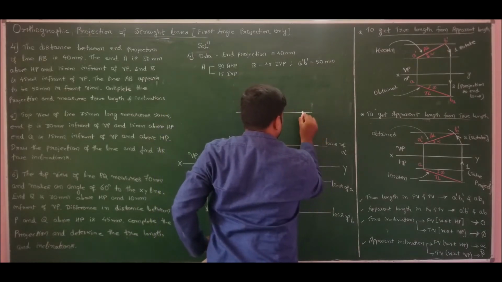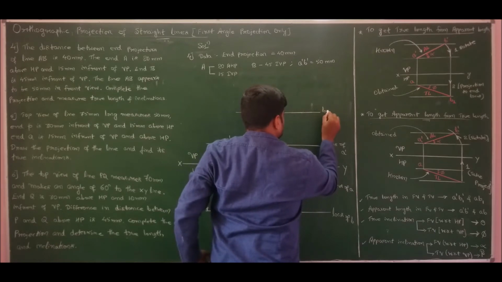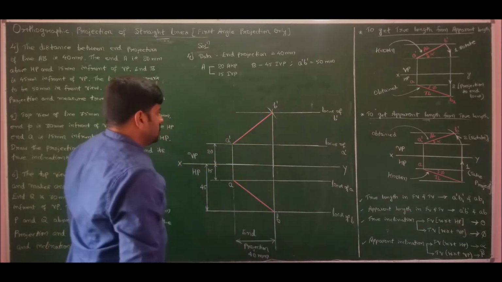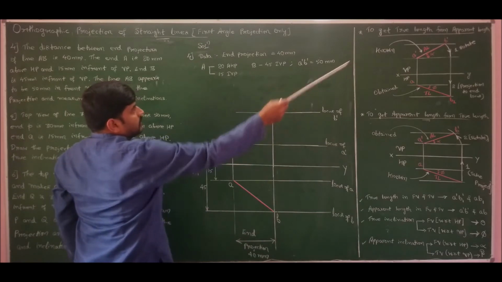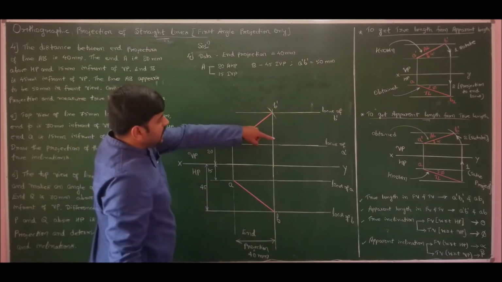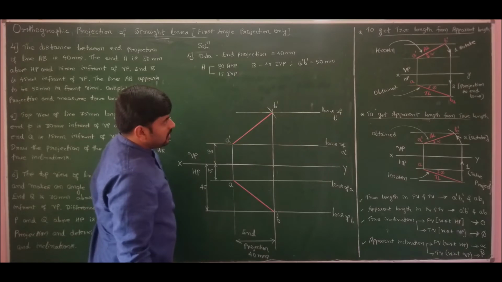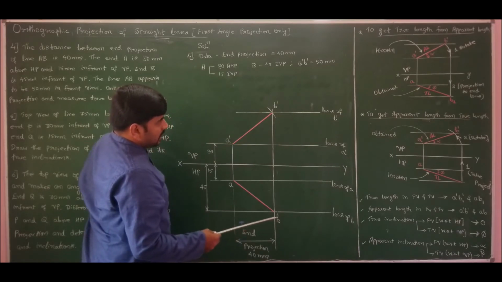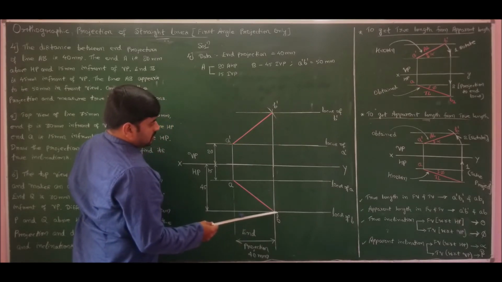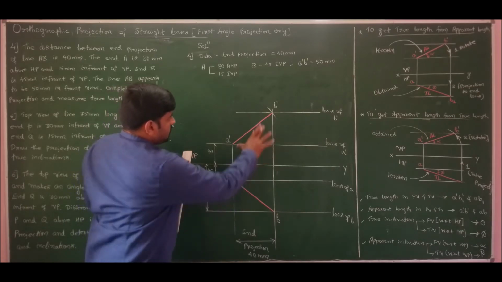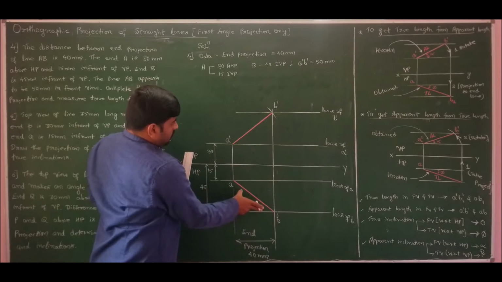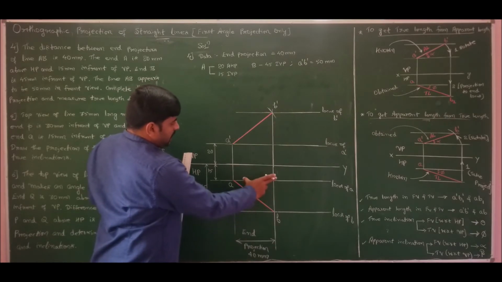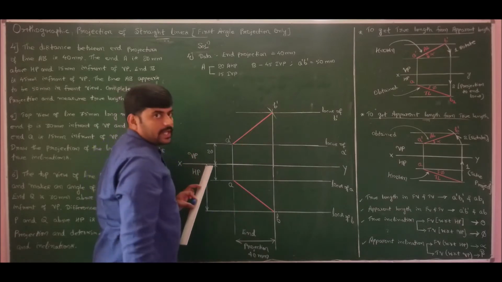If you want, you can write for your reference. Locus of B dash. We know both the apparent lengths. To get true length from apparent length, first we should rotate and make it parallel, then drop the perpendicular to the other end extremity of the line. So first I should rotate and drop perpendicular to locus of B, and to get the true length in the front view, rotate AB, make it parallel and drop perpendicular to locus of B dash.